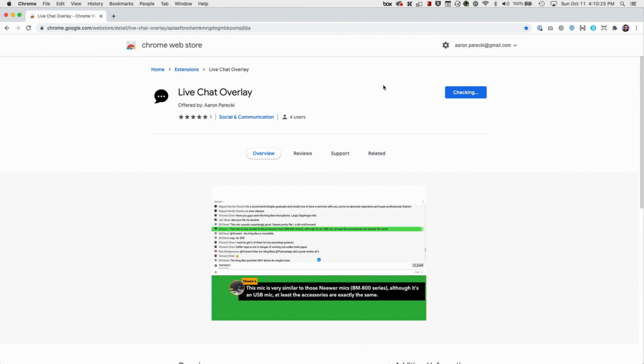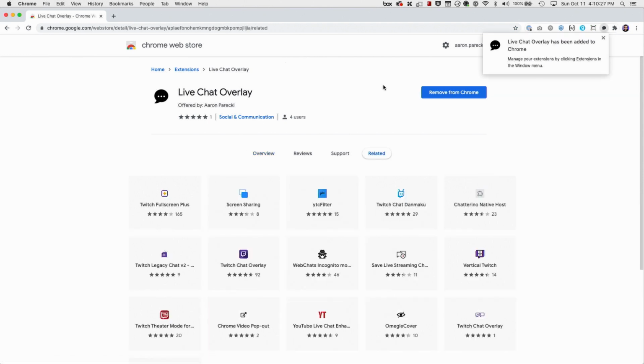So once this is installed, we are ready to now set up the ATEM Mini to actually view this. This is where we're going to spend most of our time. Now, this does mean you need an active chat in order to actually test this out. So you can either start a private stream yourself and then type stuff in the chat, or go find some other channel's current live stream that has a lot of activity on it.